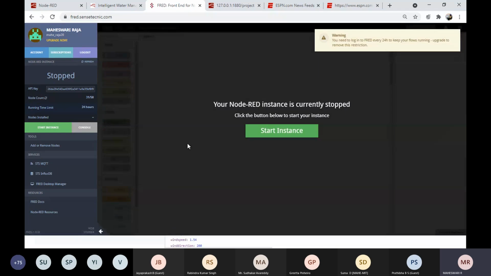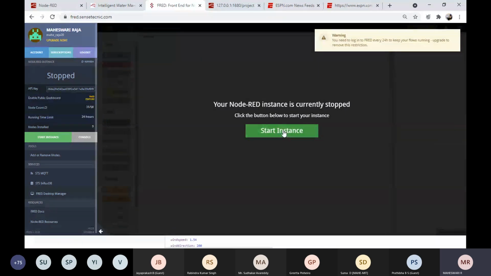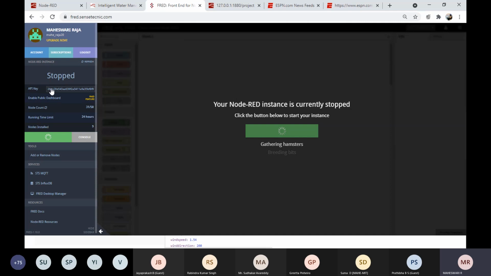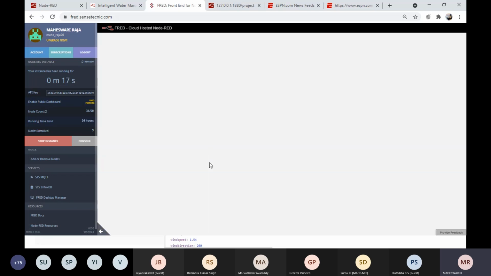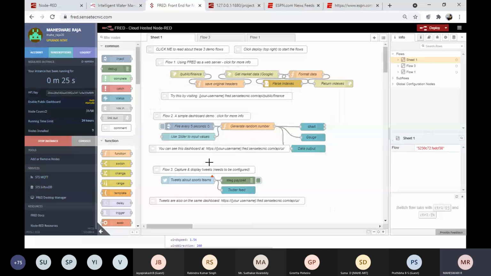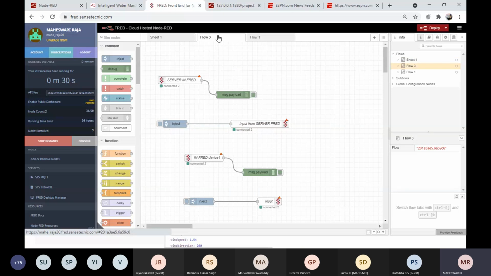So it is getting logged in. Let's go to start instance. Go to start instance, and this is the API key. This is the API key. It is used for private endpoint, for private connection. You can use this. Okay, so this was my user login of FRED. So it is getting populated. As I said, this was the existing one. This is the one which I created. I created the same FRED.